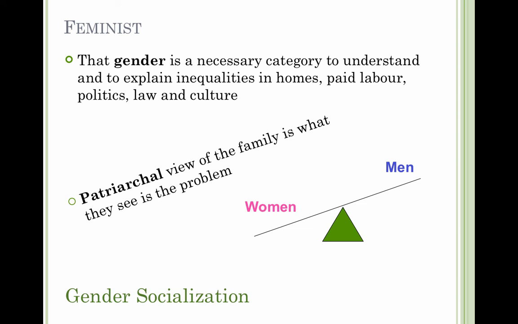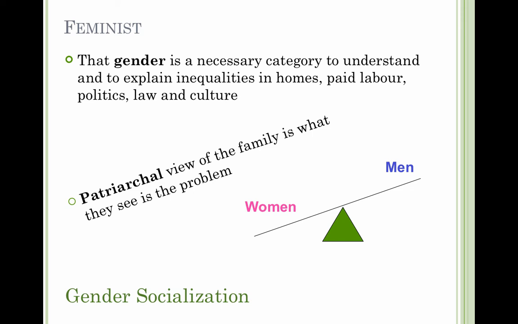Now, I've got there referencing gender socialization. This is the process by which individuals learn the socially defined behavior that's appropriate to be a male and to be a female. Now, it's important to make the distinction. It's the socially appropriate behavior for male and female, not genetically male and female, but what it is to be a boy in this culture and what it is to be a girl in this culture, what it is to be masculine and what it is to be feminine. That's not universal. So gender socialization is, how does a culture teach their men and women to be men and women?